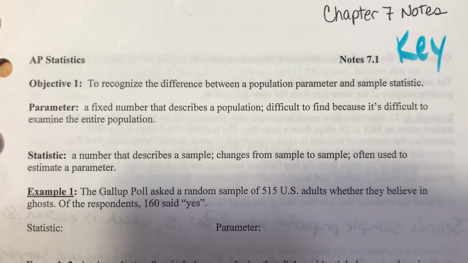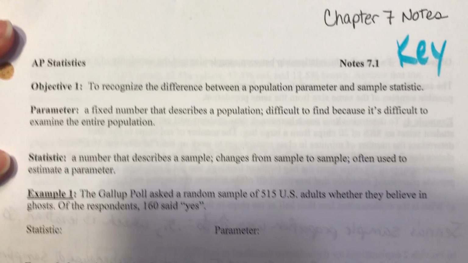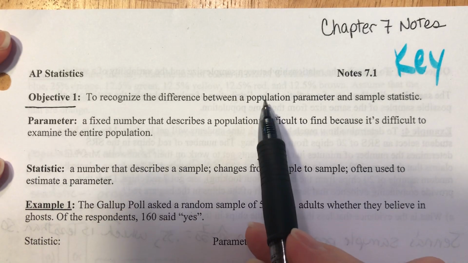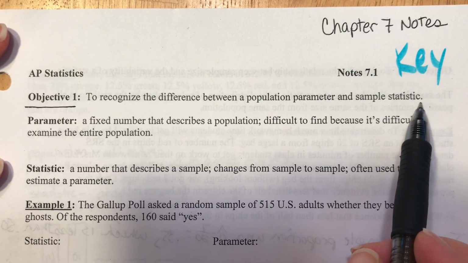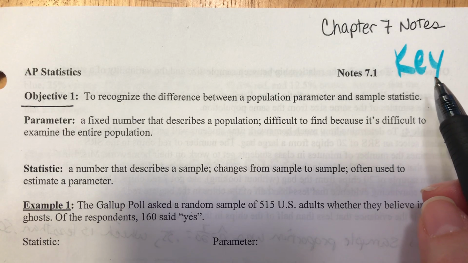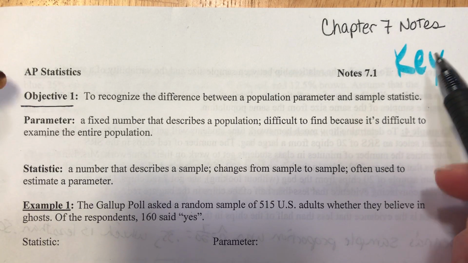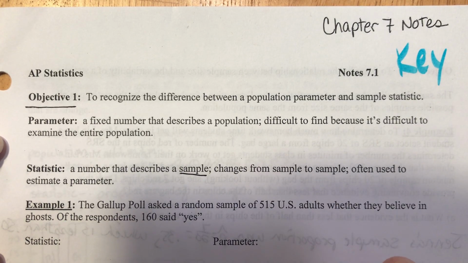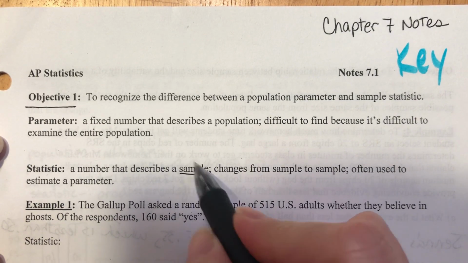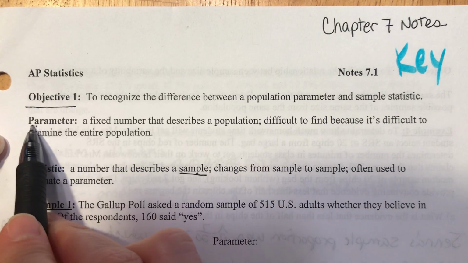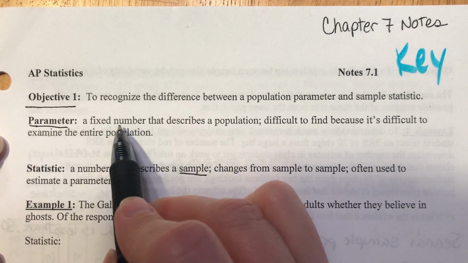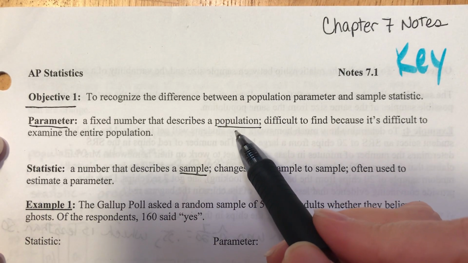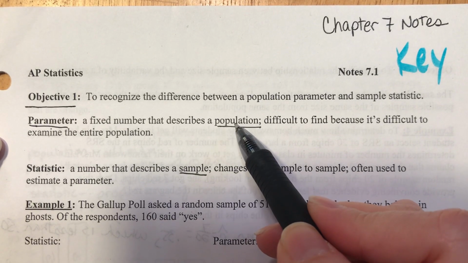Right, today we're going to begin chapter 7. One of our first objectives, actually one of the most important of the whole chapter, is we want to be able to recognize the difference between a population parameter and a sample statistic. You'll notice that this course is called AP Statistics because when we deal with a statistic, it's actually a number that describes a sample. It's unrealistic for us to actually calculate parameters all the time because parameters identify fixed numbers that describe populations. All right, we can't really calculate information for an entire population on a regular basis, but we